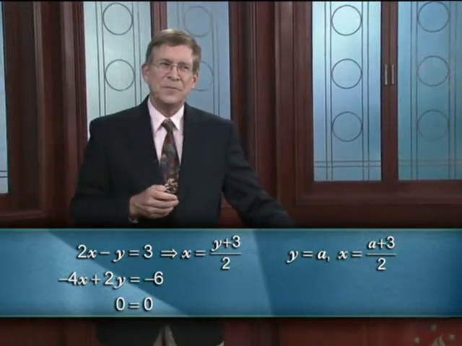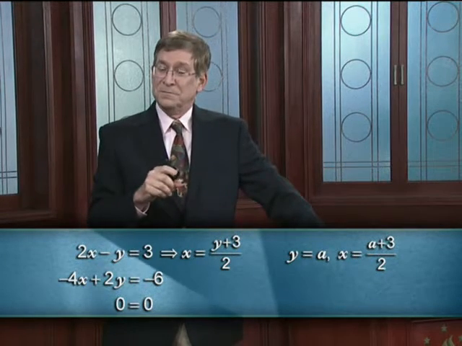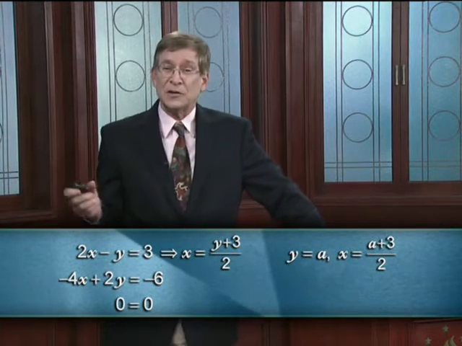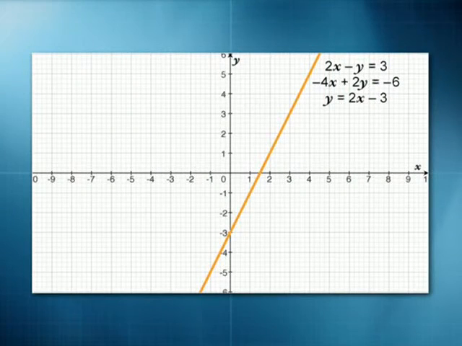What's the relationship between that first equation, which is a straight line, and the second equation, which is also a straight line? Well, they're on top of each other. It's the same line. Both lines are y equals 2x minus 3. That's why there's an infinite number of solutions. Any point on that line